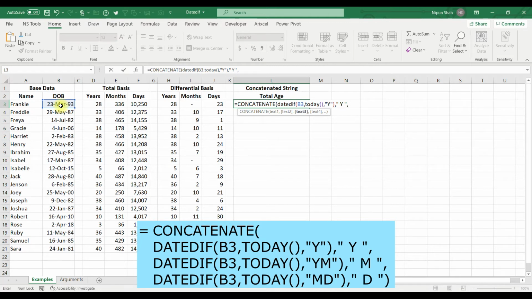then comma, now again DATEDIF, start bracket, start date, then comma, TODAY, then comma, in the quotes, ignore years and give me months, close quotes, close DATEDIF, then comma, type M for months, then comma, again DATEDIF for days, start bracket, start date, then comma, TODAY, then comma, in the quotes, ignore months and give me the result in days, close quotes, close DATEDIF, then comma, now type D for days, close CONCATENATE and press enter.